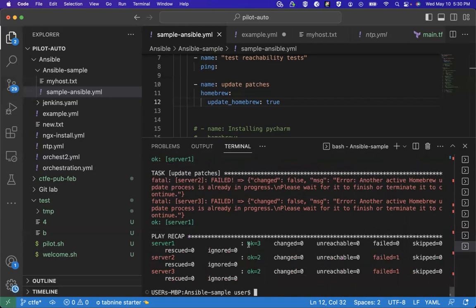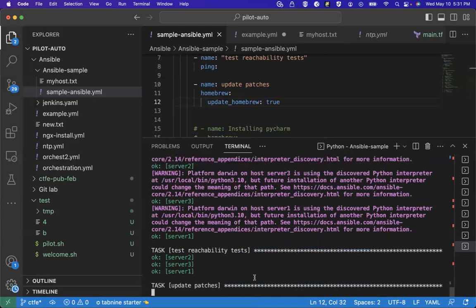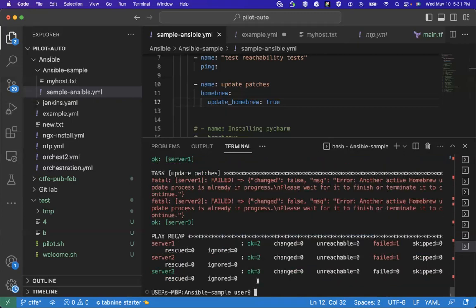So what happened is that they were all upgrading simultaneously, right? So one of the servers was successful, the other two were not. I think we can pass in a wait value, let's say 20. Let's see, if we pass 20, it's supposed to wait for all of them. You understand? If you pass 20, there's a way you can do it in intervals.